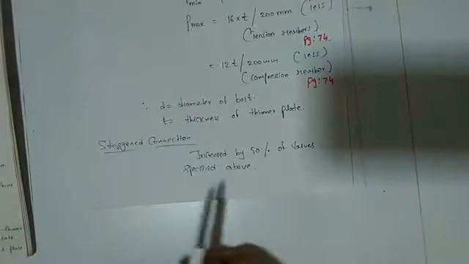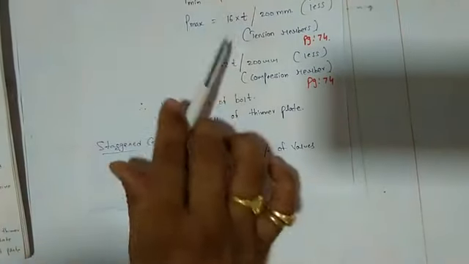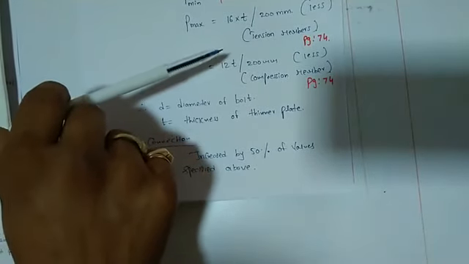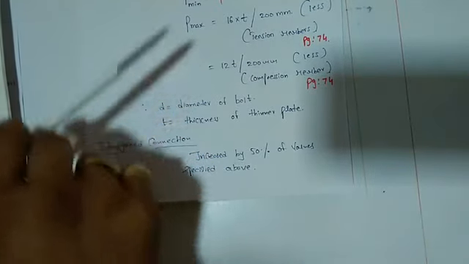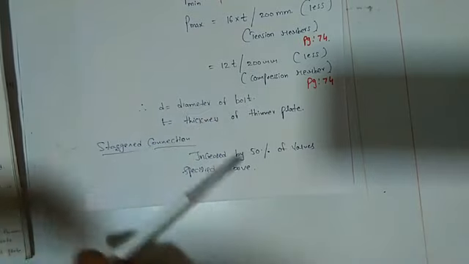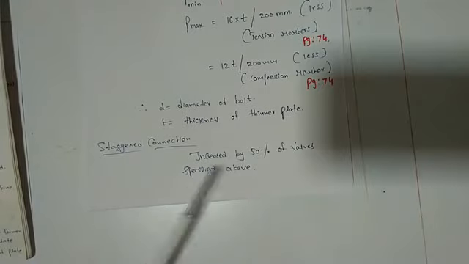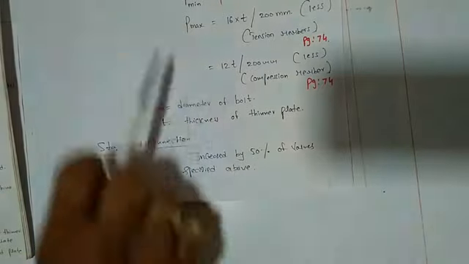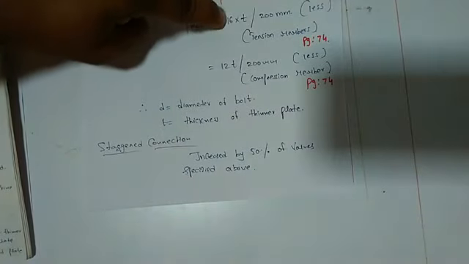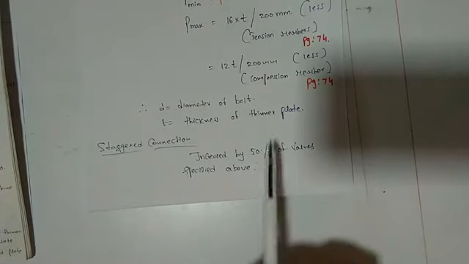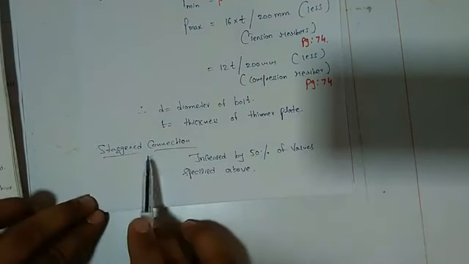Okay, so in staggered connections, what you have to do, for example, you got some value of 50 mm in the lap joint. If you are using the same thickness of the plate, same diameter of the bolt, and you are doing a staggered connection, you have to increase the values by 50%. So the important note is you have to increase the above values, whatever values you mentioned here, like 16 times of t, 12 times of t, by 50% more, particularly in the staggered connection. This is an important note you have to remember when you are doing a staggered connection.